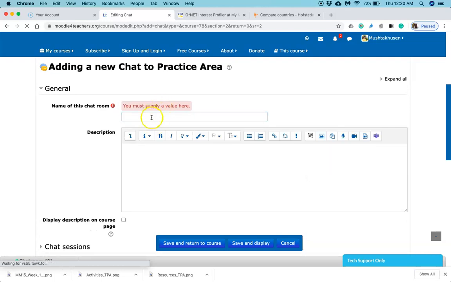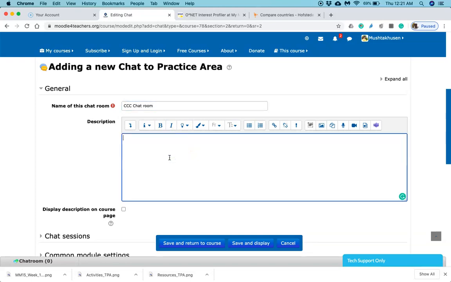Again I'll keep the same subject, CCC chat room, just as an example. Then description. Maybe I can direct my students that you are supposed to explore or discuss cultural aspects in your country.